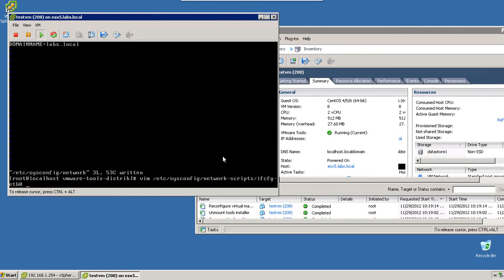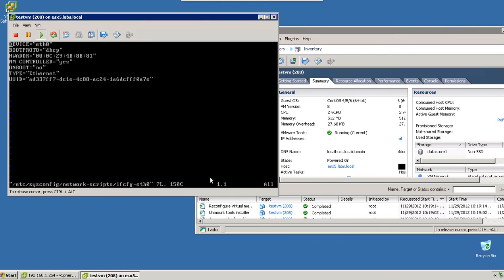In network-scripts, ifcfg-eth0. So this is the file that allows you to configure the IP address corresponding to eth0. Device is eth0, BOOTPROTO none is fine. NM_CONTROLLED: on the servers we don't control them through Network Manager, so let's mark it as no. ONBOOT, whether to enable this interface at boot or not, should be set to yes. And IPADDR